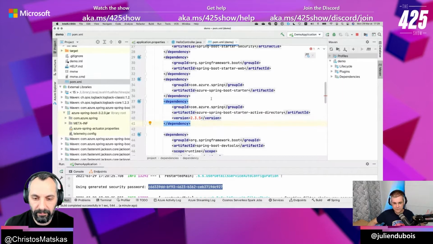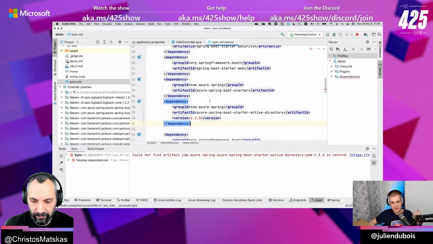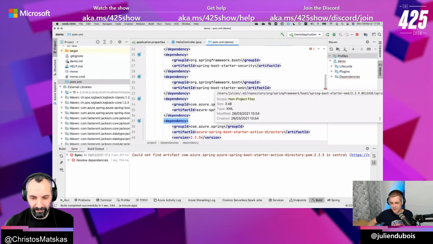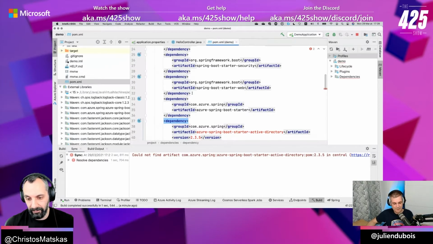We'll try later with a more recent version. I think I downgraded it because we've got an older version of the Azure Active Directory support, the Azure SDK. There are probably some little incompatibilities with the latest version of Spring Boot.